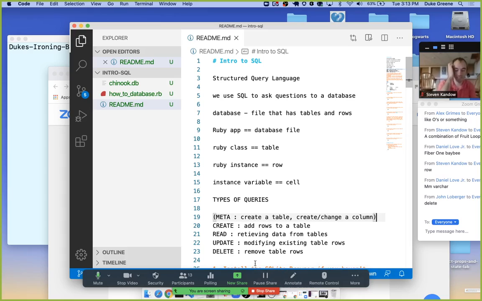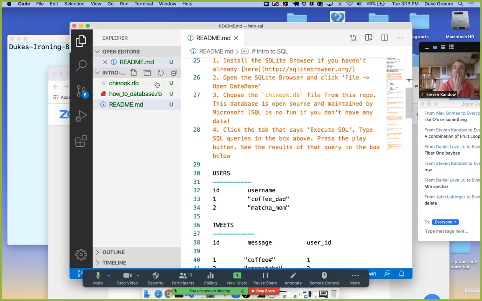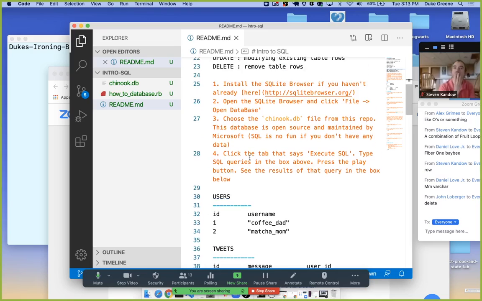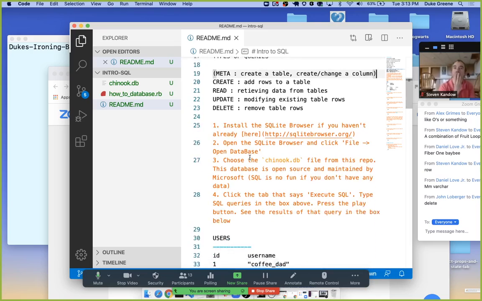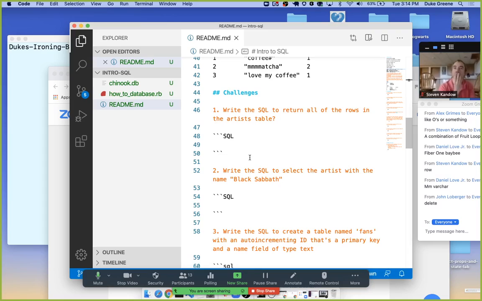To manage persistence, we need to be aware of all the different things we can do with the data that we've persisted. And so we have some exercises here to work with a real database and to get decent at working with it, using Google to look some stuff up maybe. I want to use all of our tools at our disposal to start writing some SQL code to solve these challenges. So first of all, this Chinook DB, I think it's been compiled by Microsoft originally for educational and